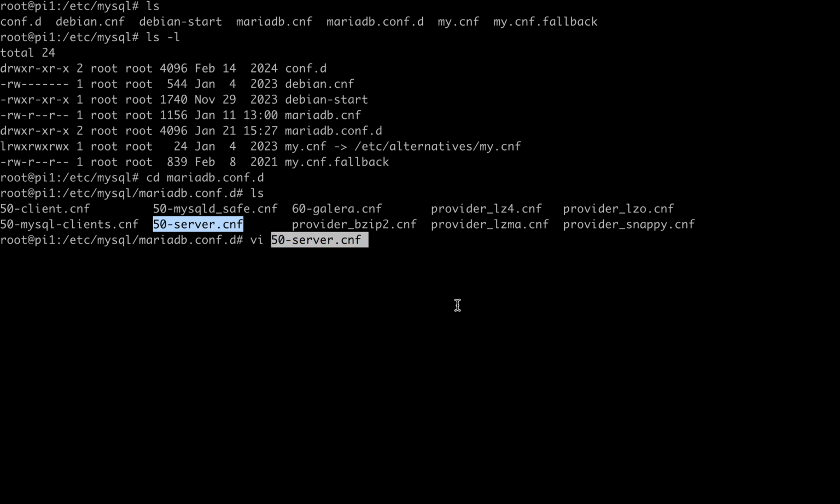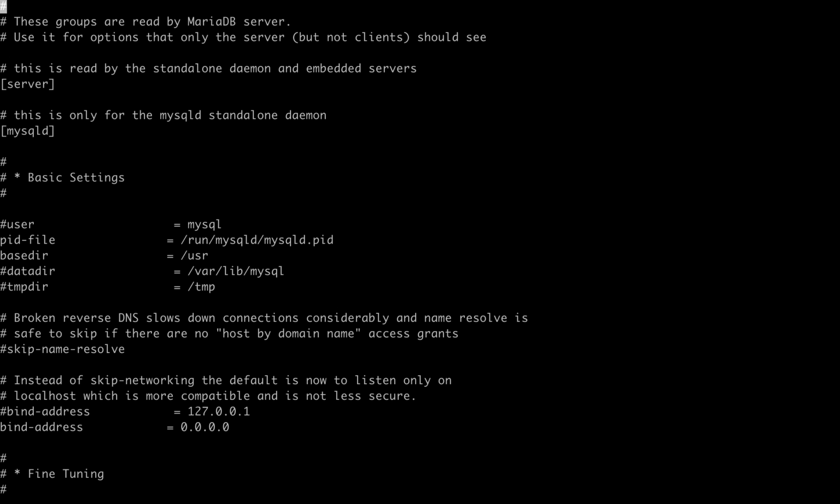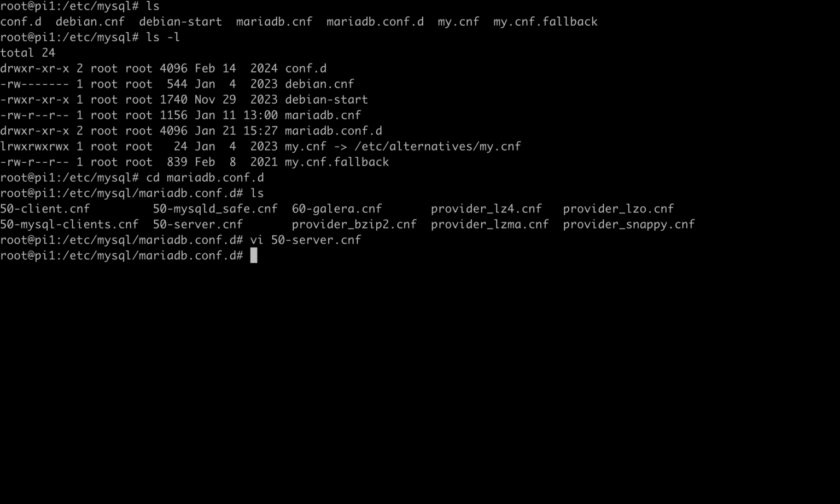So you jump into this file, do an edit, and what worked for me was I changed this bind address from binding to the localhost, which is this here, to binding to all zeros, which means bind it to any address, including the address on the outside that this server listens to. So that was one thing I had to do. And once that was done, I could see that I could connect to this thing, but then I was getting trashed out for a different reason. And that's because the user itself didn't allow the server to connect. So to fix that,